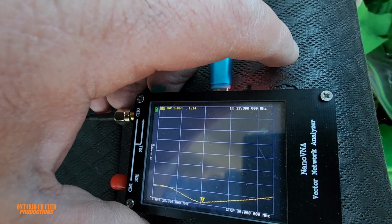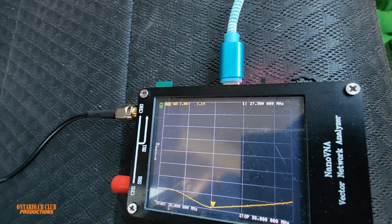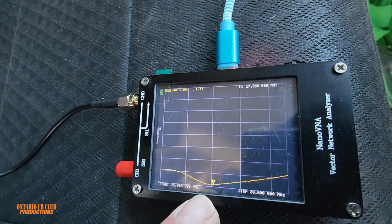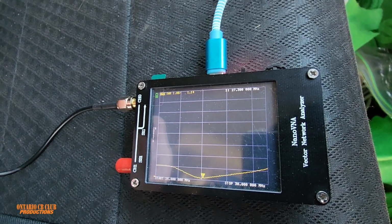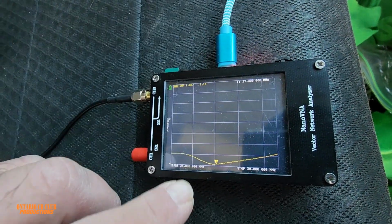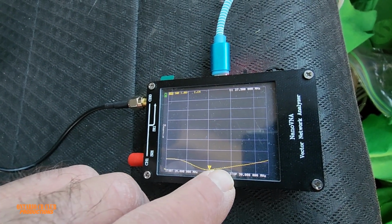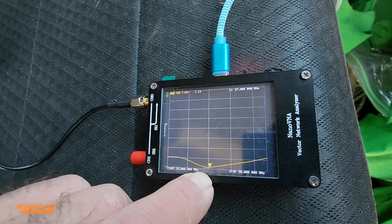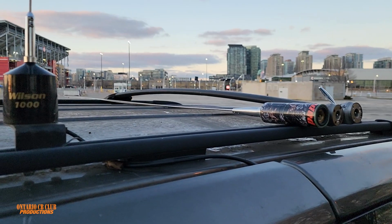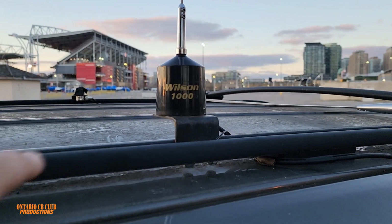Yeah. So we are at 27,300. We got 1.1, and we still have a little bit more to go. Perfect match, guys. Perfect match. And look at that, we can go a little bit up and a little bit down the frequency, and it's within acceptable levels. Okay, we are ready to test the antennas, guys, and we're gonna start with the Wilson